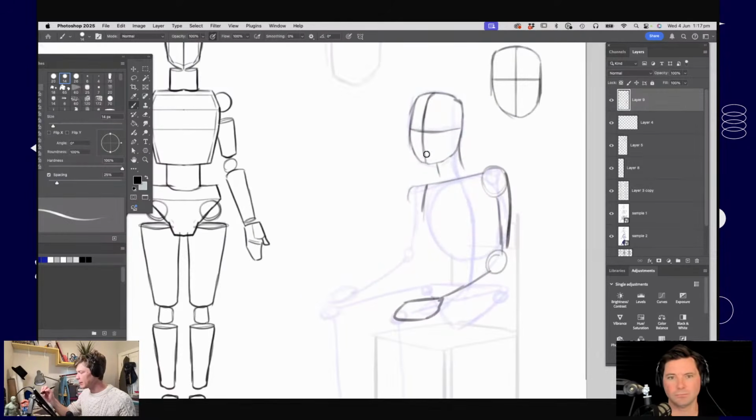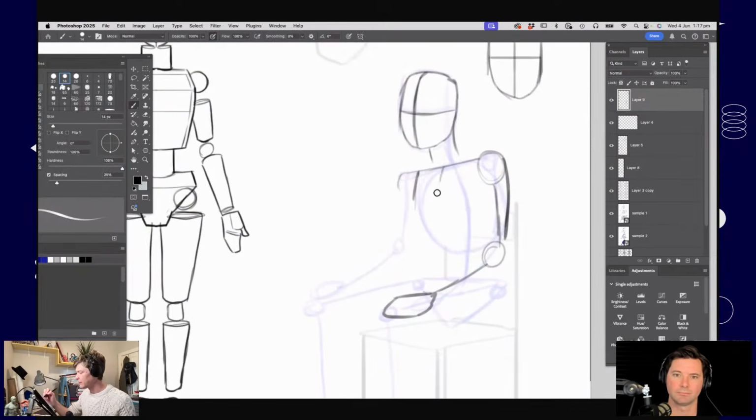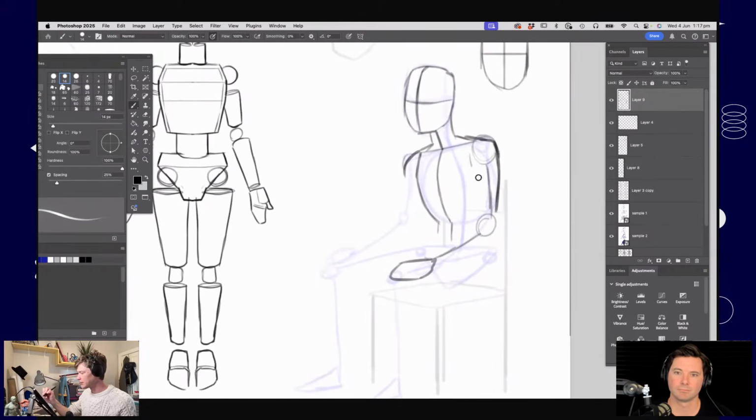And you see this line that I've done down through the middle of the face, that vertical line. I find it really helpful to draw a line like that down through the chest and the abdomen, just to give myself a sense of direction. So if you imagine I was wearing a tie, where would that tie position as my body moved around? And having those kind of lines, you can even do one up through the neck, just gives you that little bit more information about what direction our body is sitting in.